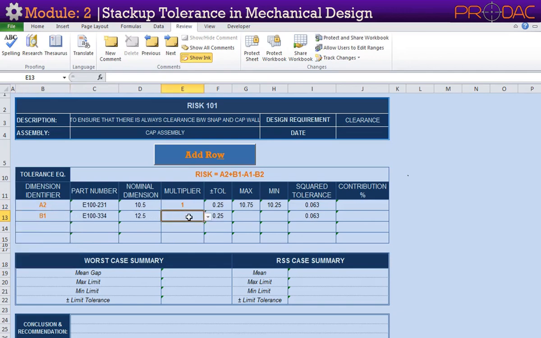If dimensions identifier is positive, then multiplier should be 1, and if it's negative, multiplier would be -1. If in case we want to divide it by 2, we have to choose multiplier as 0.5, which could be plus or minus.